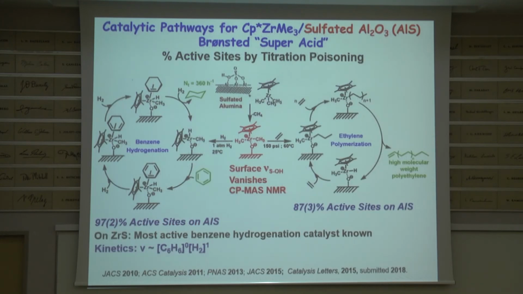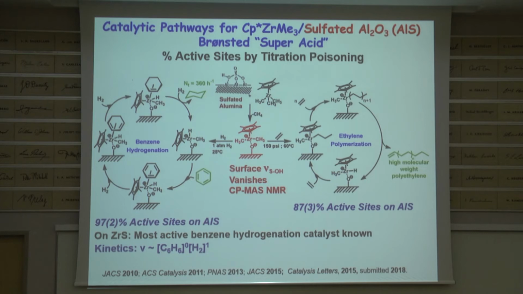The first experiments, we took this zirconium compound. We wanted one ring for a variety of steric reasons. You put it on sulfated alumina, and these sulfated oxides are trivial to make. You cook the metal oxide up with sulfuric acid, and then you calcine it under oxygen. So in comparison to making all these exotic perfluoroarylboranes, you can make a bucket of this. And what we see is the OH groups in the IR go way down when we put the metal complex on it, and the NMR looks like this.